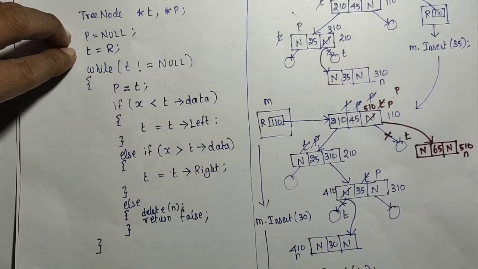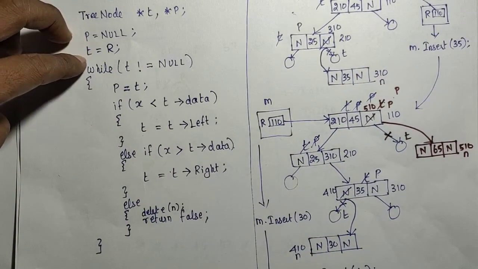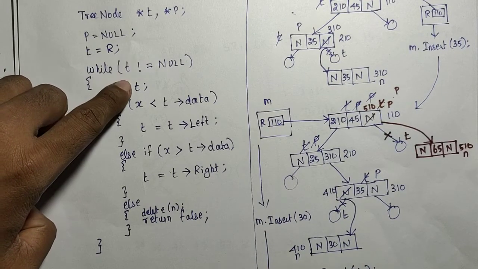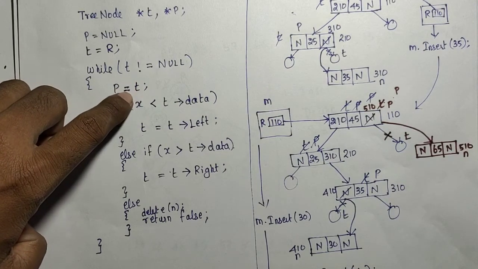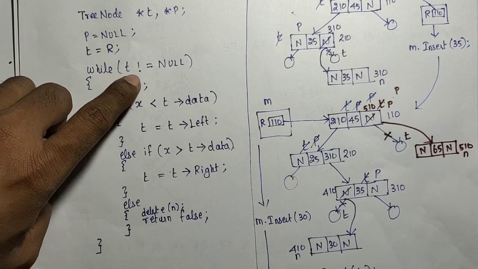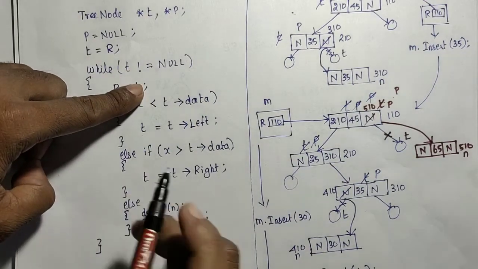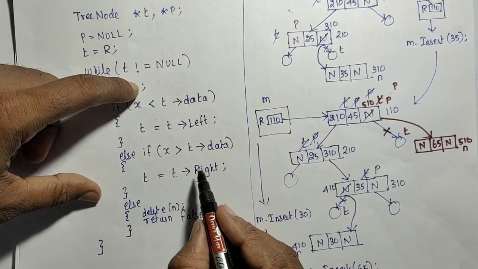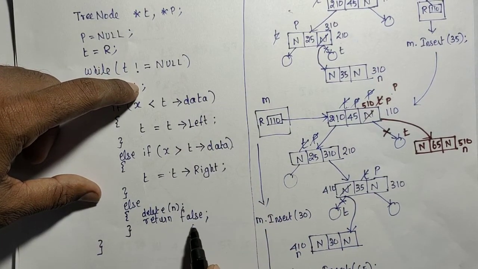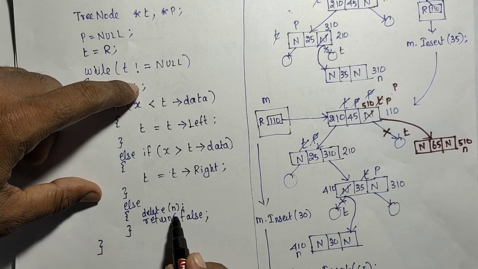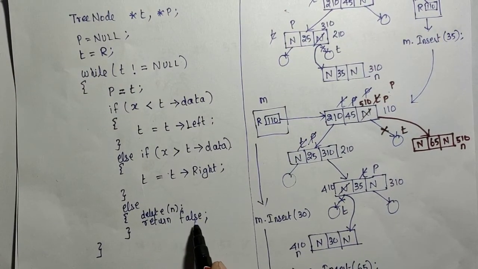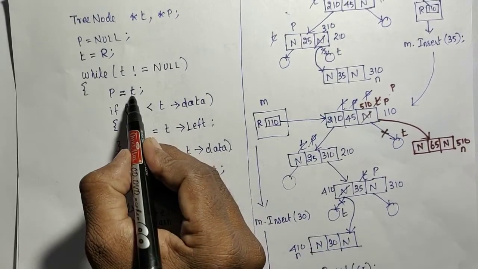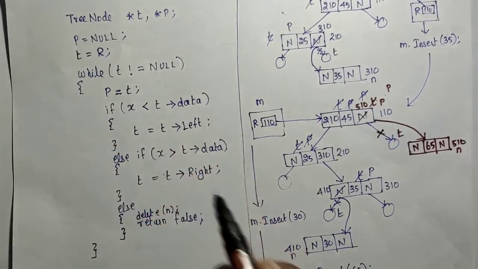That we have to do like this. I have to introduce two variables, p and t, parent node and t node. I have to start t from root. So t will be moved to the left side or right side till t reaches null. So I have to start the iteration: t not equal to null. t will be moved to the left side or right side based on the x value and data value. If a duplicate arises here, I have to return the failure message after deleting the created memory. Before moving t to the left or right, the current t has to be marked as the parent. Then I have to move t to left or right.